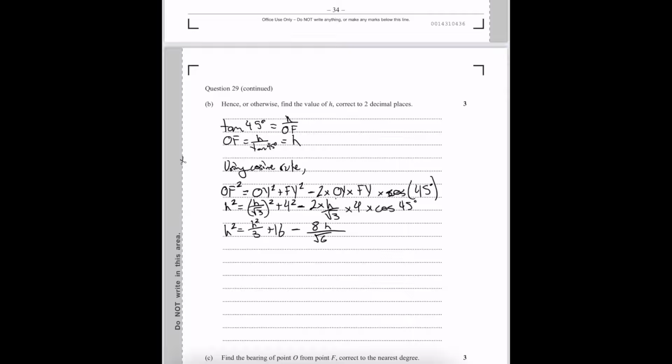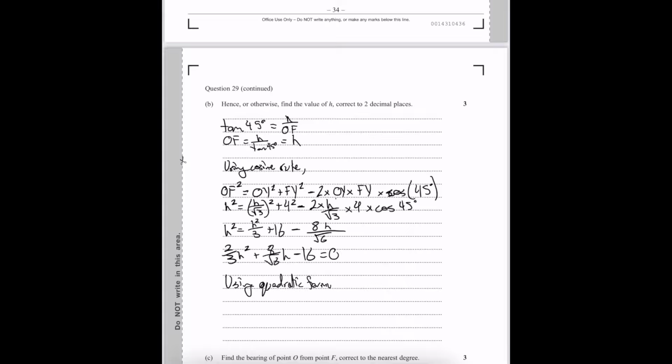And then so we're going to get 2 on 3 H squared plus 8 on root 6 H minus 16 is equal to 0. And then we can just use the quadratic formula. I'm not going to write this out, but you can as well. So you would write this out in your own working, but using the quadratic formula,